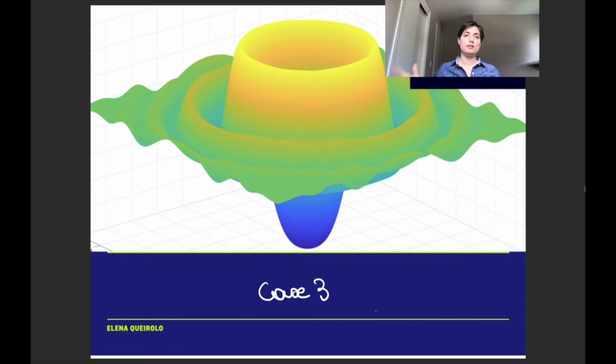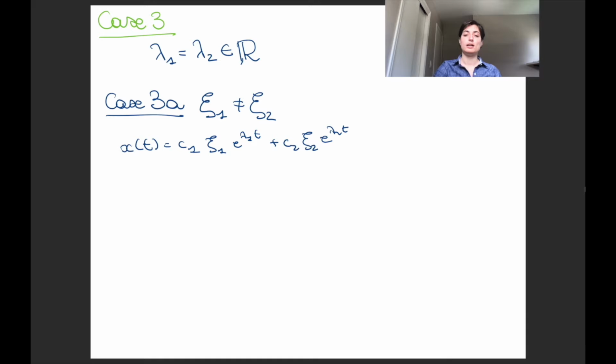So now we have seen the case of two different eigenvalues with the same sign, two different eigenvalues with different signs, and we're left with the case of the same eigenvalue. The same eigenvalue case is split into two subcases. The first case is the same eigenvalue, but with different eigenvectors. In R2, that means we have found eigenvectors xi1 and xi2, both associated to the eigenvalue lambda 1 equal to